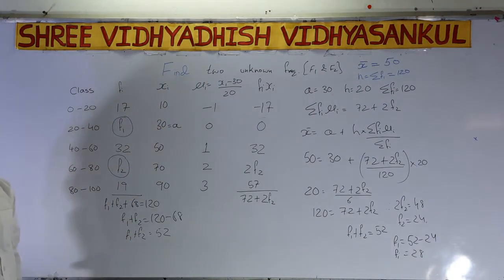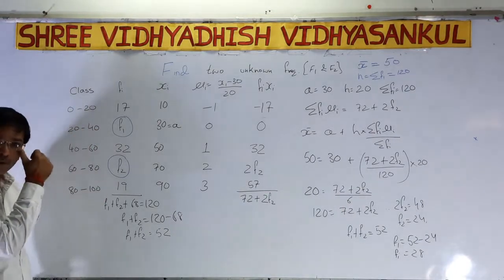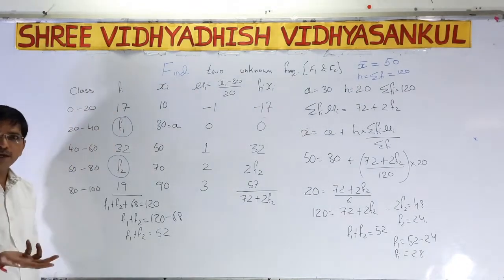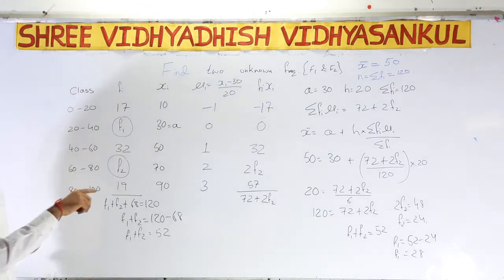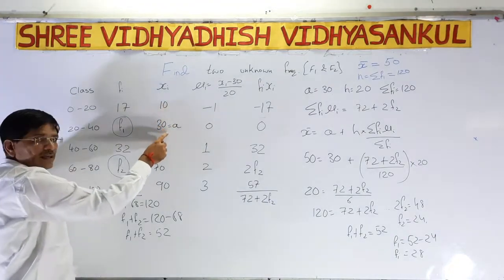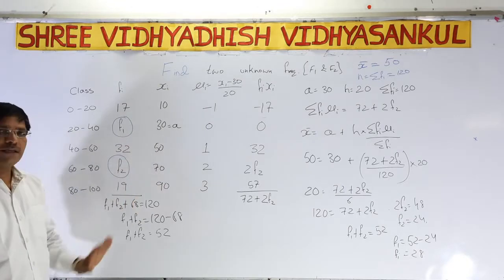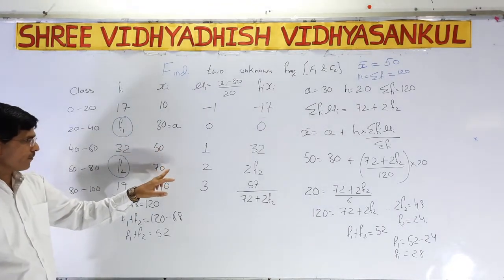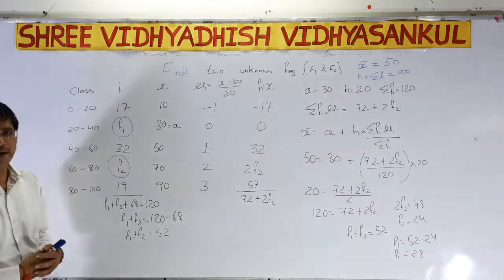So how can we find Xi? Already we know. 10 plus 20 divided by 2, that is 15. Again, 20 plus 40 divided by 2, 60 divided by 2 means 30. Afterward you have to check how much difference is there. 15, afterward 30, the difference is 15. So I have to keep adding 20, 20, 20, 20. So 30 plus 20, 50. 50 plus 20, 70. 70 plus 20, 90.